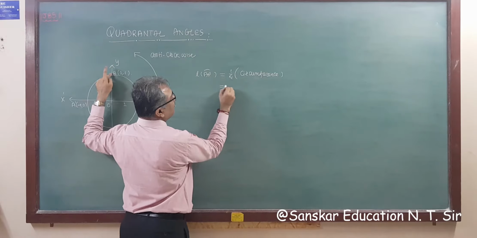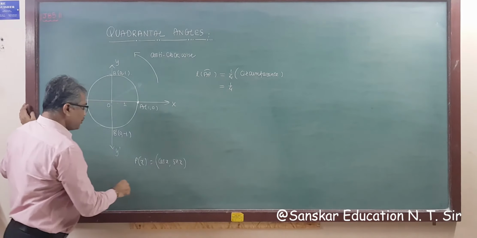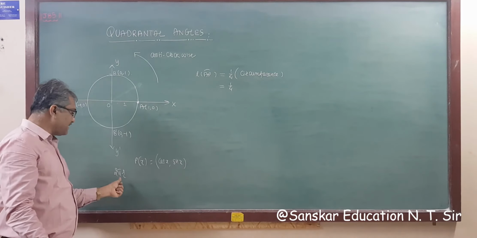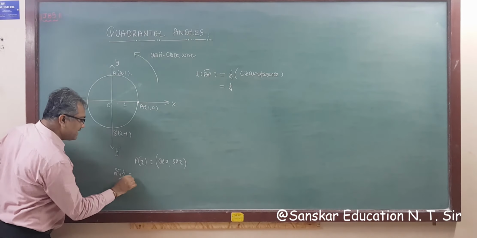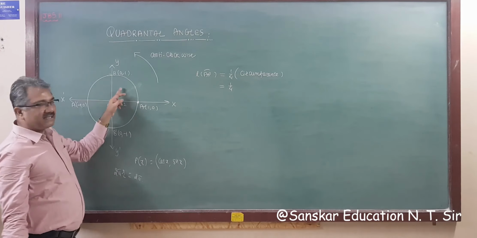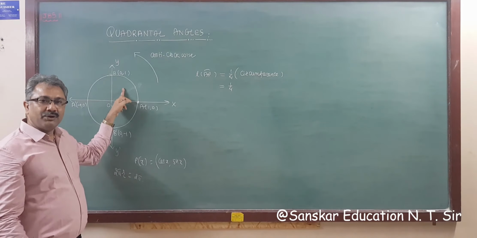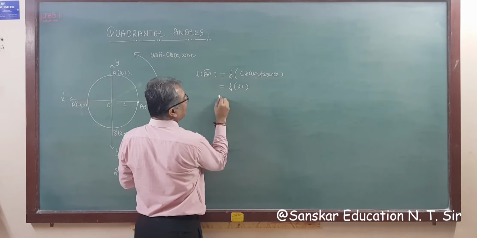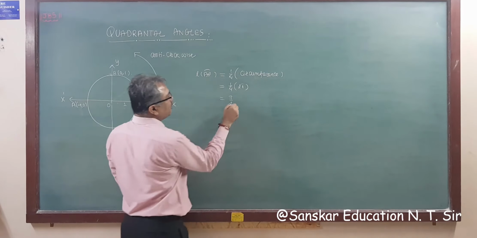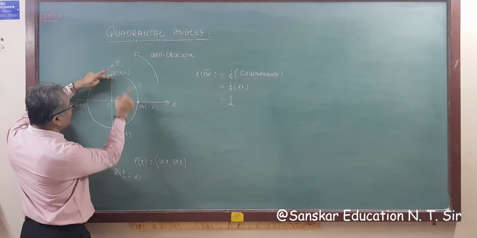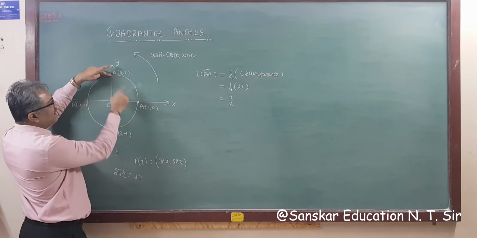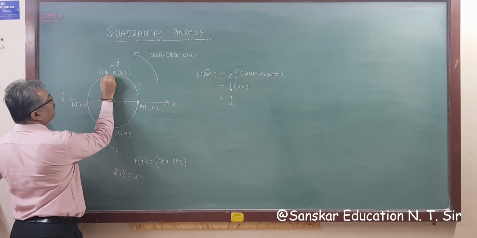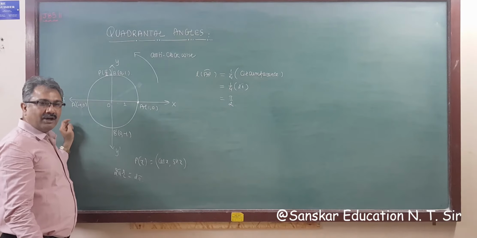Now the circumference of a circle is 2 pi r, but this is a unit circle, so the radius is 1 unit, so circumference is 2 pi in this case when it is given a unit circle. So 1/4 of 2 pi is pi by 2. So if P is here, then the length of arc AP is pi by 2. So this point is called P pi by 2.